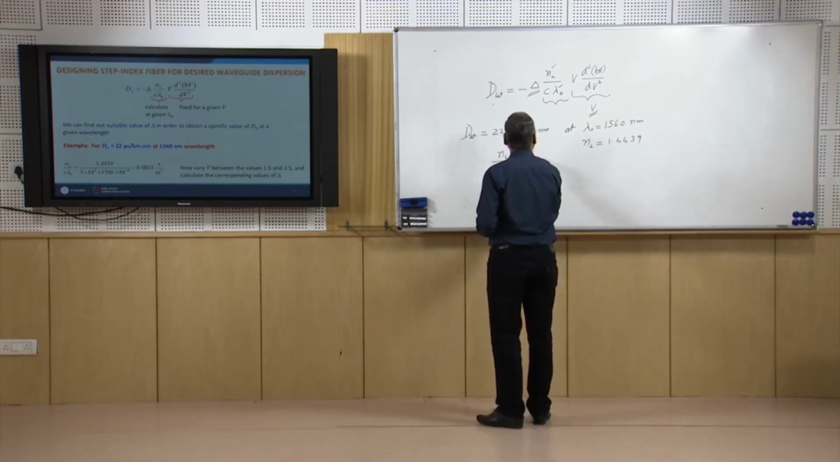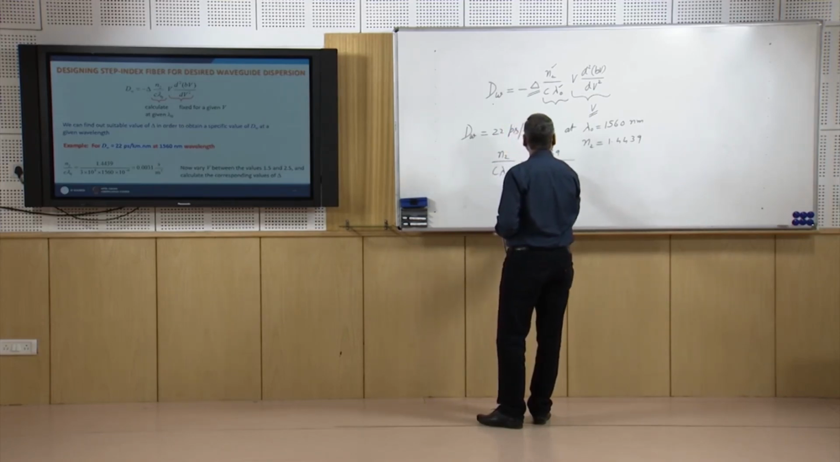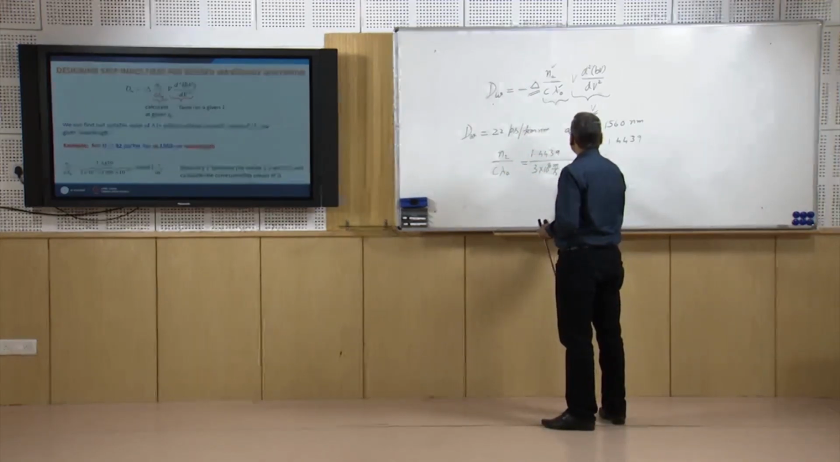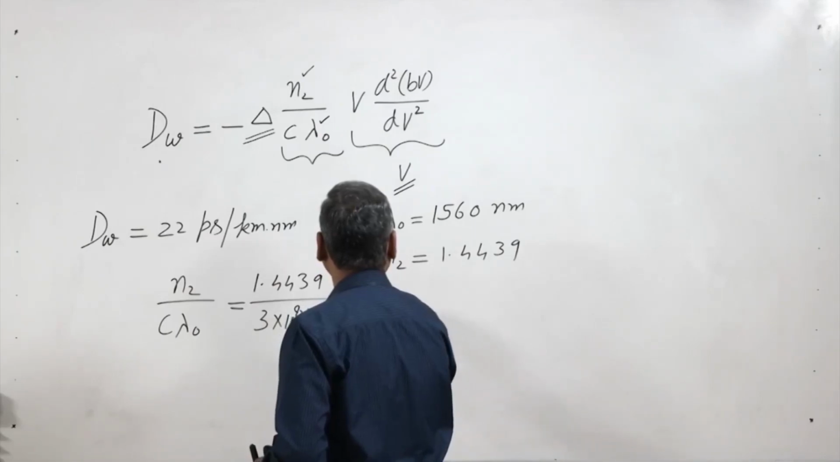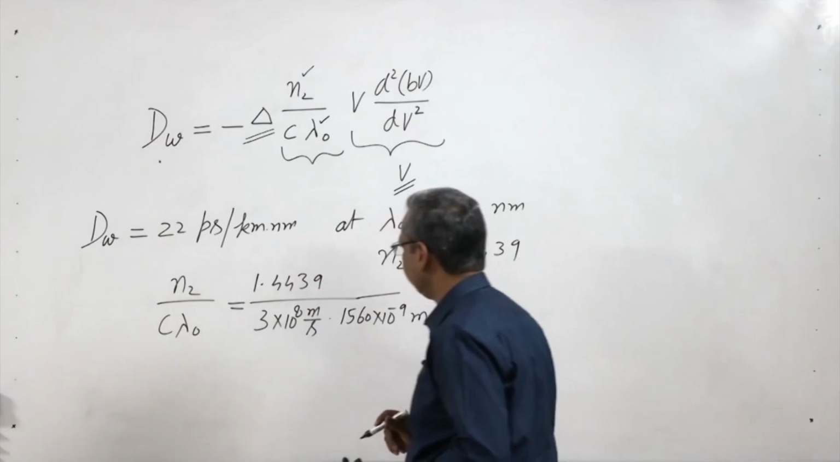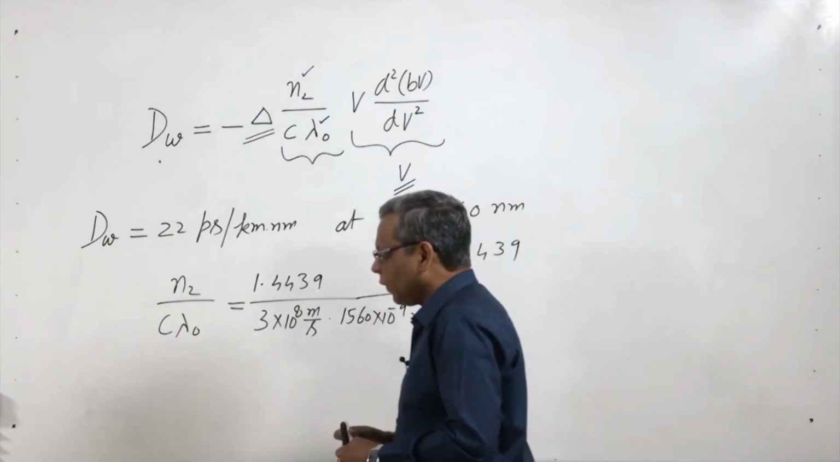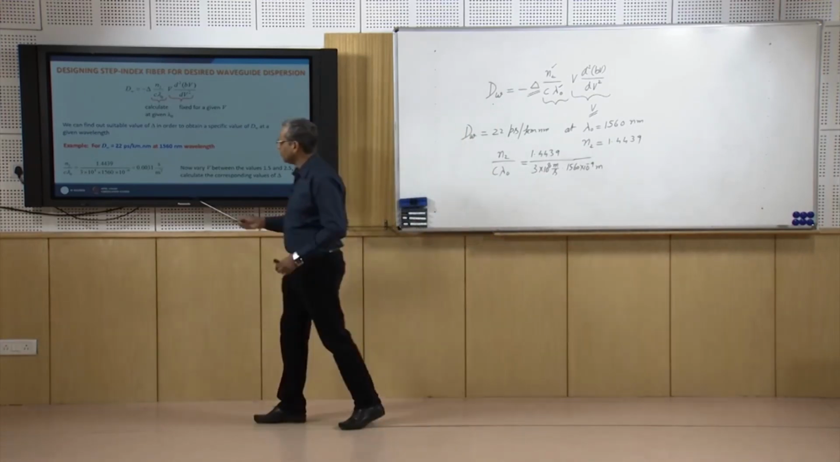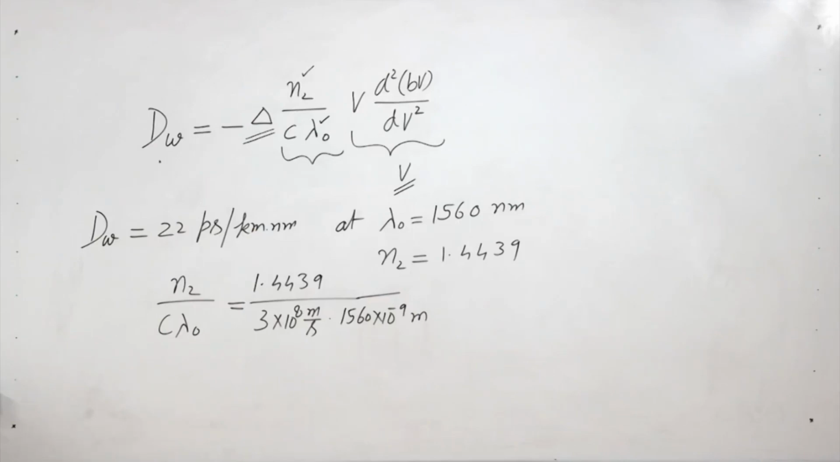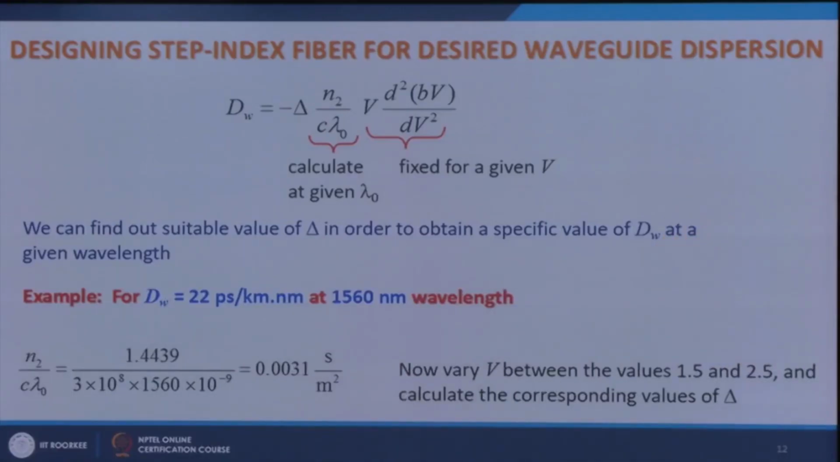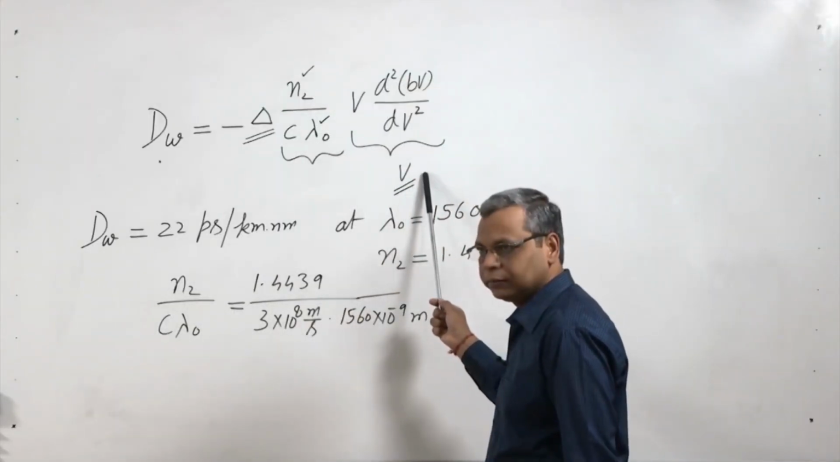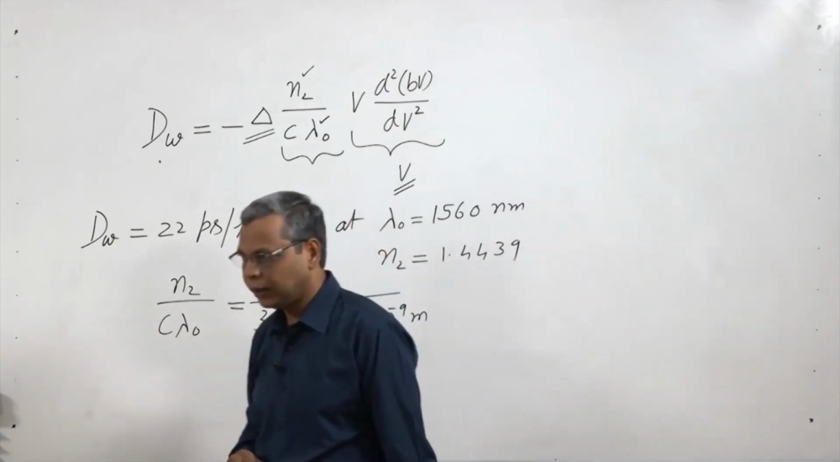N2 divided by C lambda naught is fixed as soon as I fix this wavelength of 1560 nanometer. So, it is 1.4439 divided by 3 into 10 to the power 8 meter per second times 1560 into 10 to the power minus 9 meters. This is the wavelength. If I work this out, this comes out to be 0.0031 second over meter square. So, this is fixed. Now, I vary the value of V, let us say from 1.5 to 2.5,